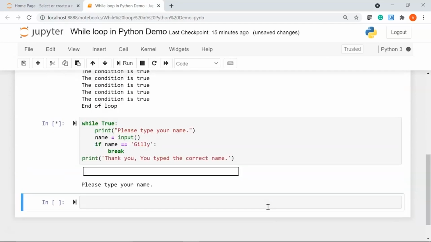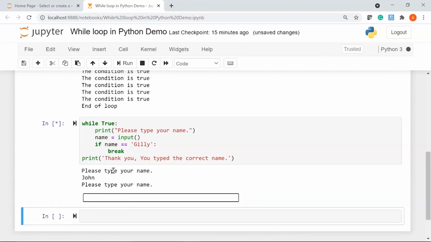Let's run it. Okay, so here it says please enter your name. Let's say John. If I run it, it is again asking me please enter your name. Let's say this time I'll say Amy.